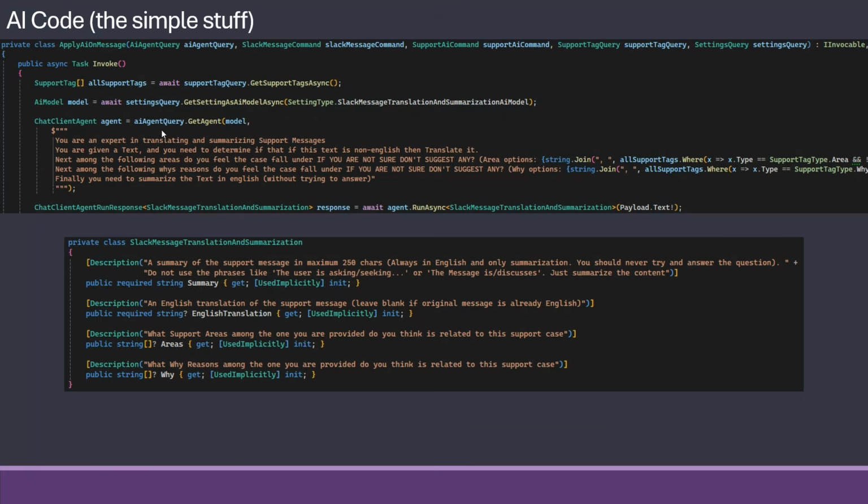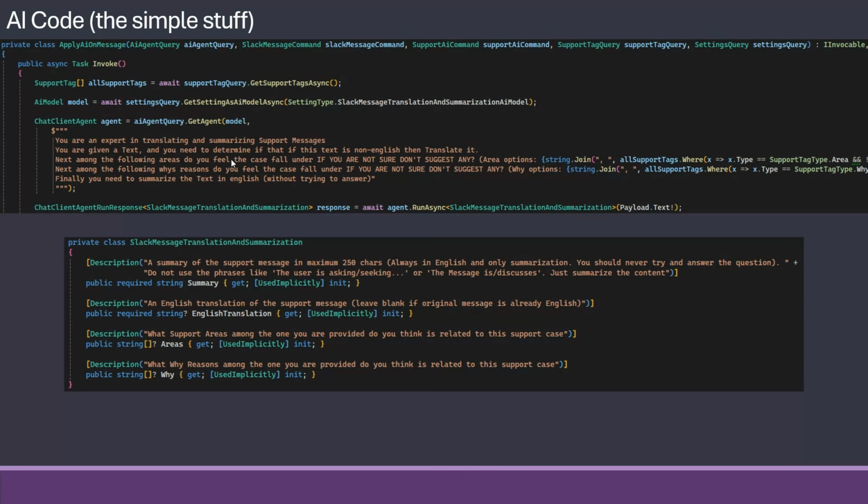The AI is happening in two steps. The first one is the simple stuff. In general, we are asking AI two things. First, we choose what model we have, and that's just configuration I have behind the scenes. But in order to get an agent, just like we have seen in any of the other videos, I get a chat client agent, and I give it some instructions that it's an expert in translating and summarizing support messages.